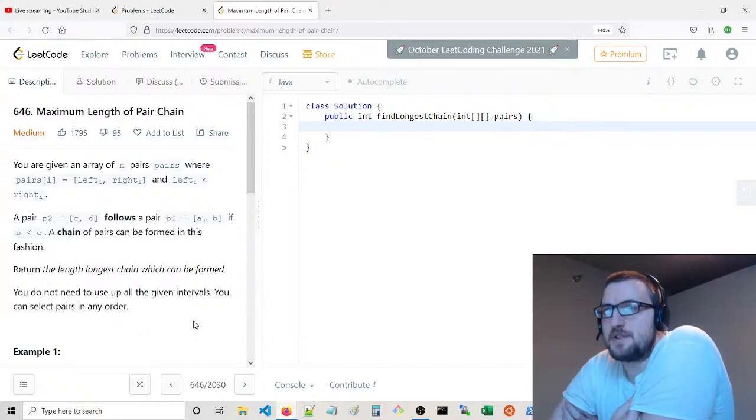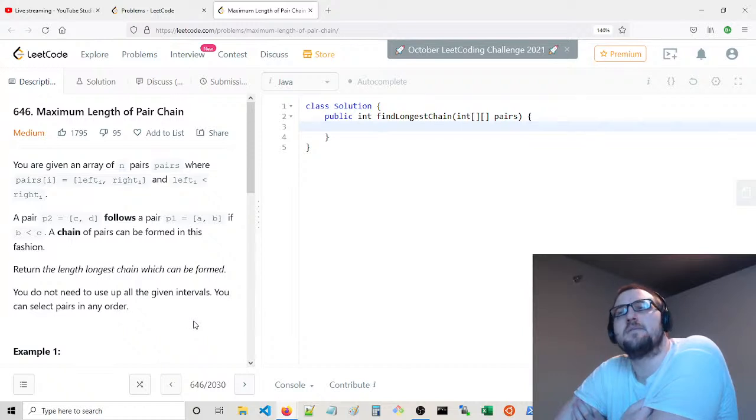I've actually solved this problem a few times before now. Yeah, I've seen this a few times. I'm pretty sure you can do it in just a sort, and then there's an algorithm you can use